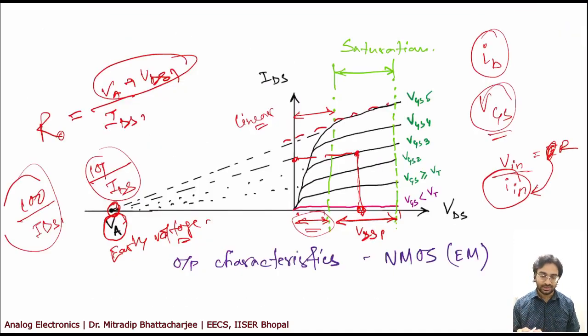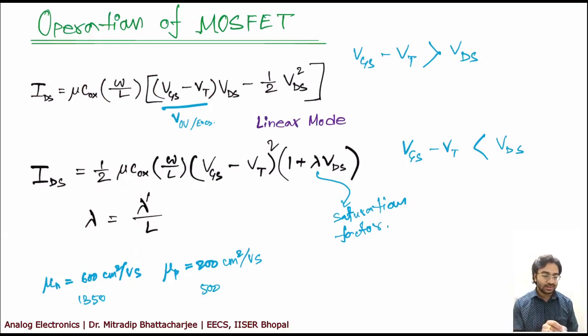So this is one of the reasons. Then this is the operation of MOSFET, wherein this is the expression of IDS, given by mu Cox into W by L. I said that W and L both are important. So it is mu Cox into W by L, (VGS minus VT) into (VDS minus half VDS square). Now this VGS minus VT is also known as VOV, the overdrive voltage, or somebody writes it as excess voltage,